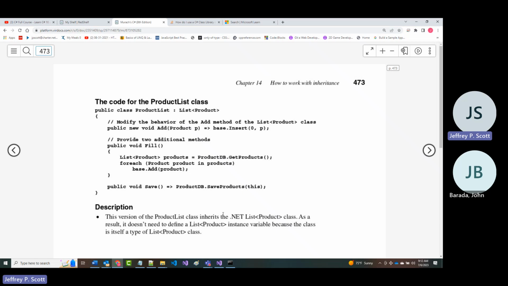Then we provide two additional methods, a fill method and a save method. Remember, this is allowing us to use two classes that share a lot of information, because both books and software have a code, a description, and a price.